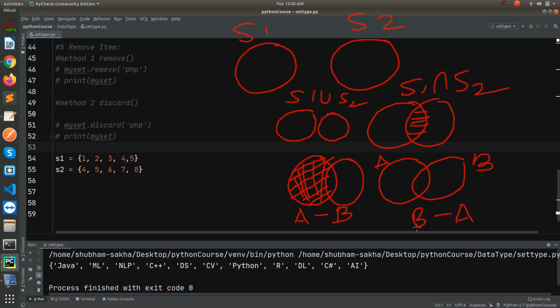So this complete circle was of B. We'll take the complete B, but whatever values from set A come, we have to remove them. The intersection part contained some A values, so we'll remove it. So this was the basic idea, where the union has both of the sets, and the intersection has only the matching values from the two sets. So let's try it out in our coding also.